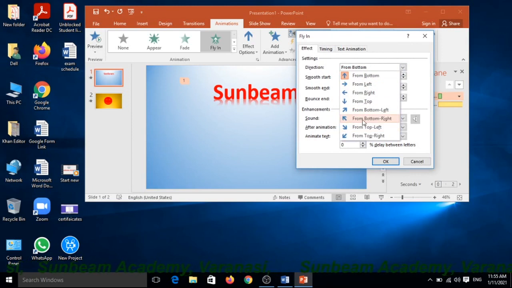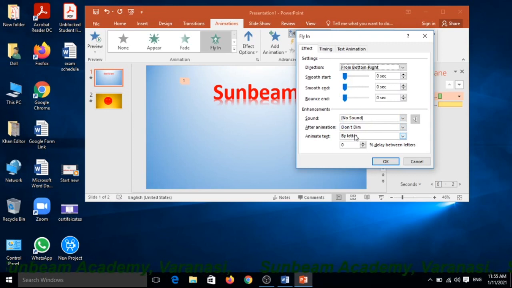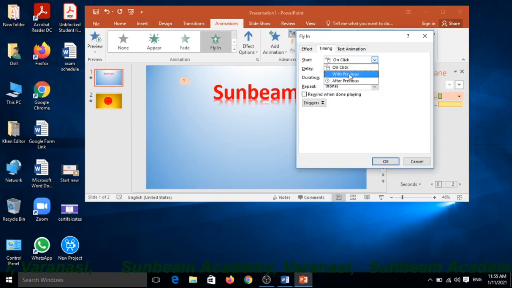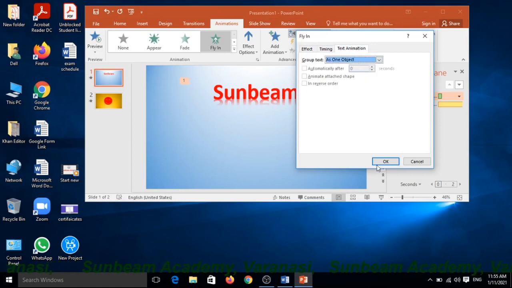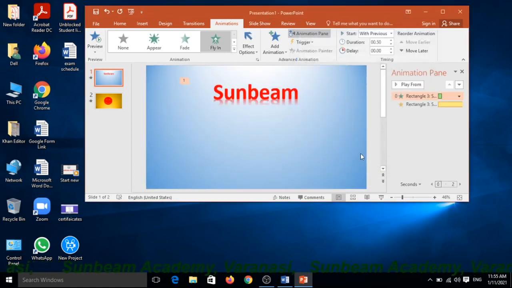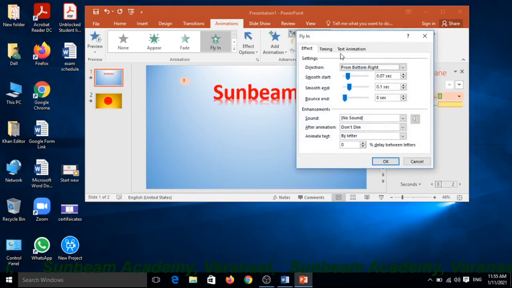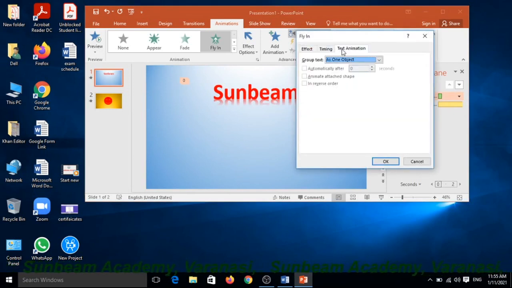I want to choose the bottom right side like this, and later it depends on you. And delete this. Start smoothly, smooth in, and second it should be there, with previous. Click on the OK button. Yes, double click. Timing is here, later.